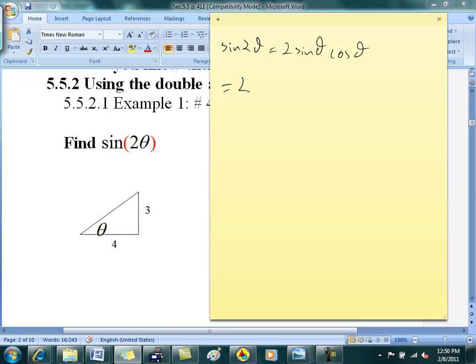What's sine theta equal to, Miss Wong? There's your triangle. 3/5, nice. Jacob, what's cosine theta equal to? Yeah, cosine theta. 4/5. So do you guys get